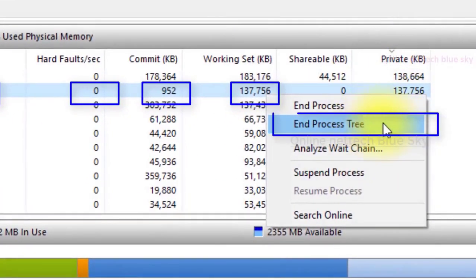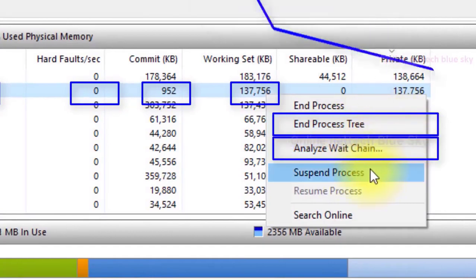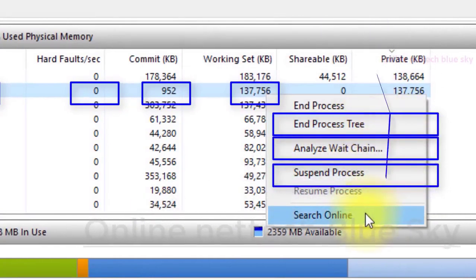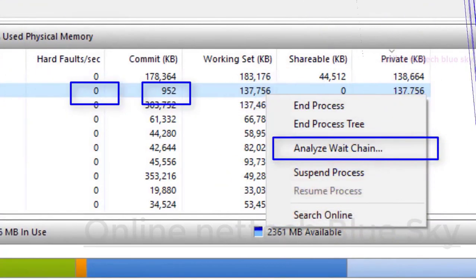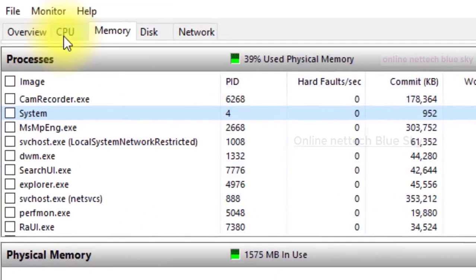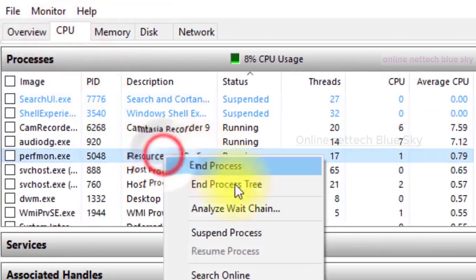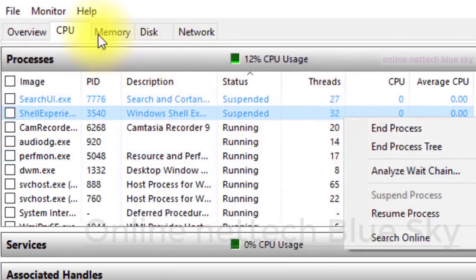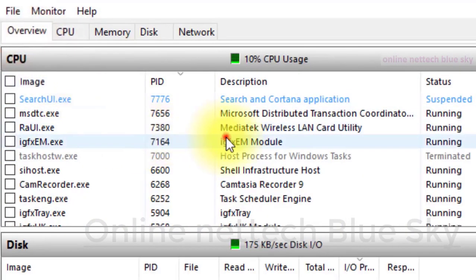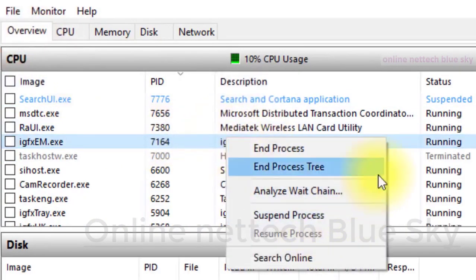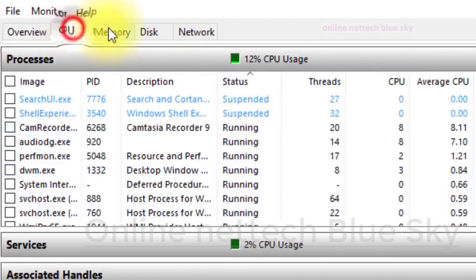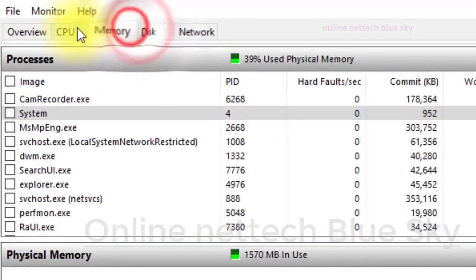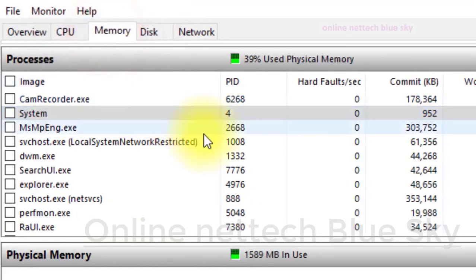You can End Process Tree, which I already told you about, and Analyze Wait Chain, Suspend Process, and Search Online. And for any process you want, just like with the CPU, you can see here Suspend and Process ID, I will show you. System, where is System, you can see here, and the same options are available, but memory has different options available here.